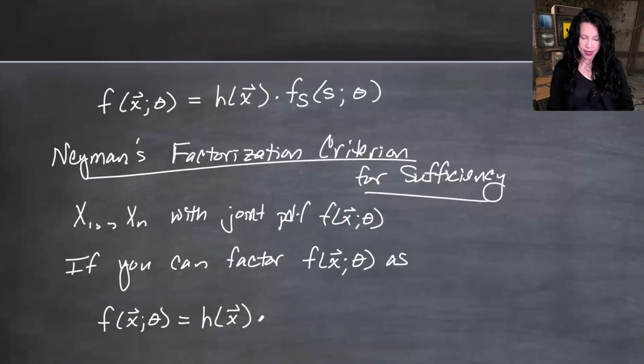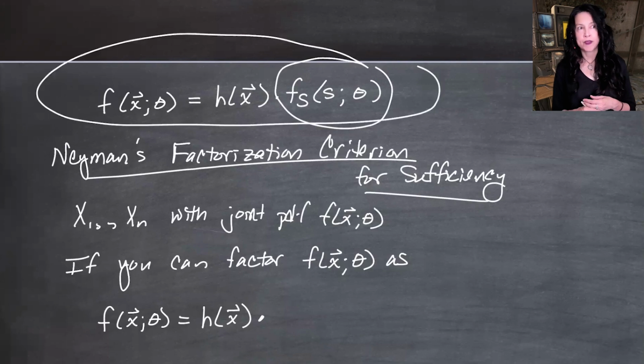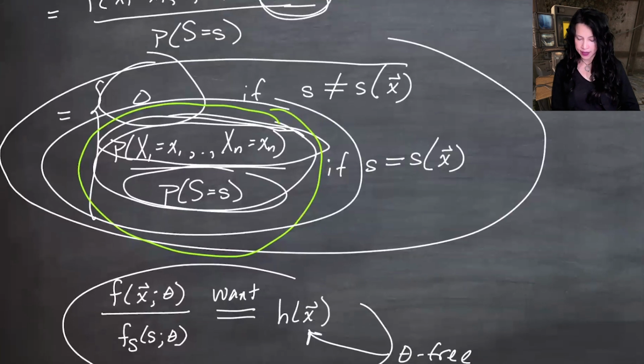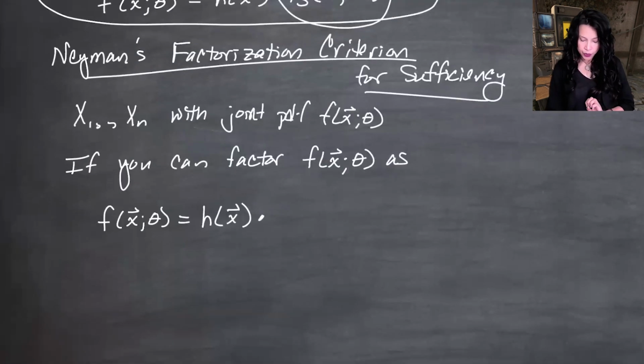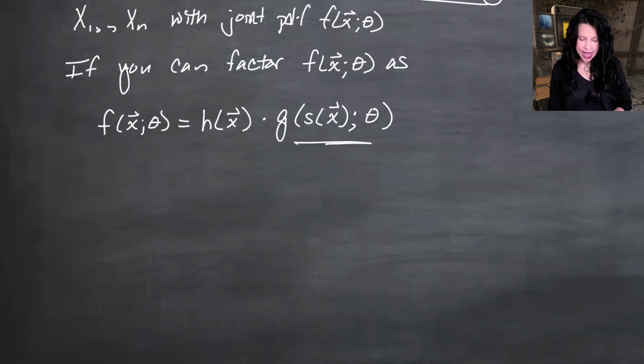Now, before I said that we need the PDF for the sufficient statistic, but this is only a sufficient condition for us to get that conditional distribution not depending on theta. You know, we got it from this, and we got that from not wanting this to depend on theta. But Neyman says that what we're looking for is some other function, which does not have to be a PDF. And it is going to be a function of x through another function called s, and theta. So this is not a PDF, and the statistic has yet to be defined. So I don't know what s of x is, but what you're looking for is